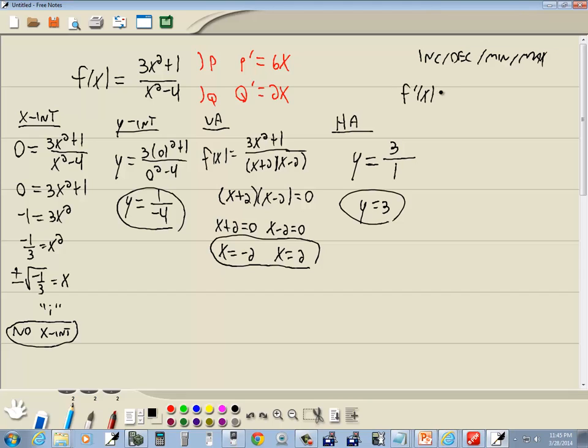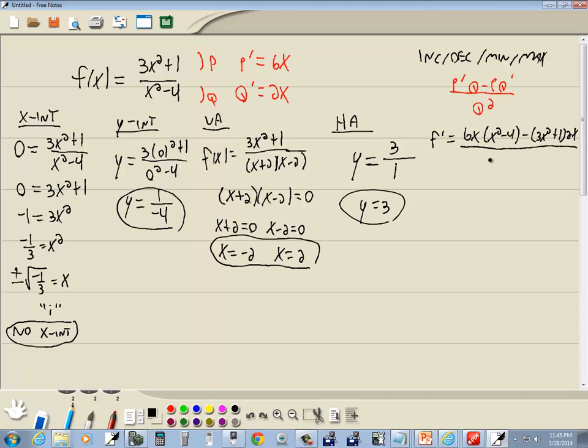So for our derivative, I decided to write my formula down. There we go. Formula is p prime q minus p q prime over q squared. So our derivative: p prime is 6x times q, which is x squared minus 4, minus p, which is 3x squared plus 1, times q prime, which is 2x,